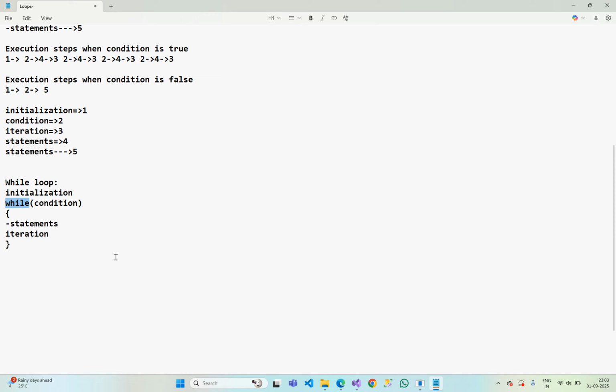Do while loop, what all are things? Now we go for do while loop. In a do while loop, first initialization, after that, in this loop also we check